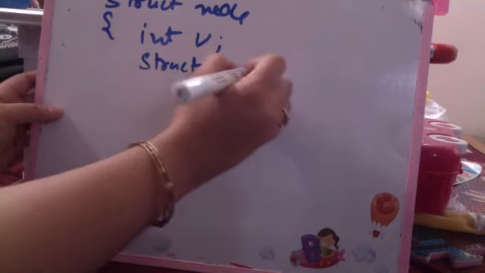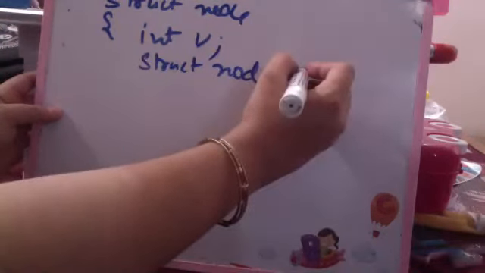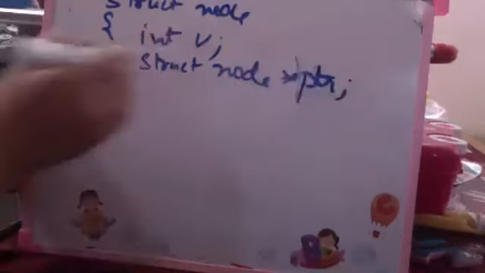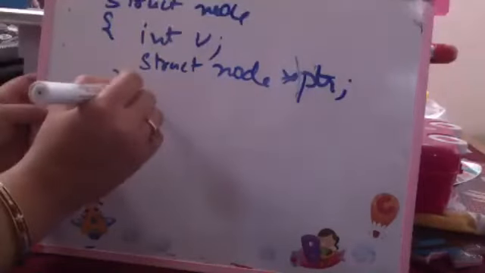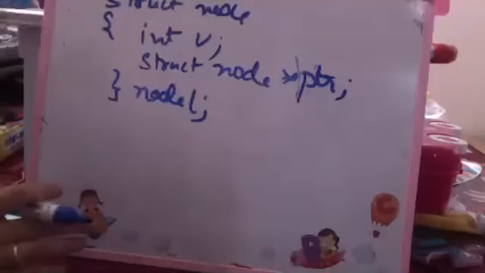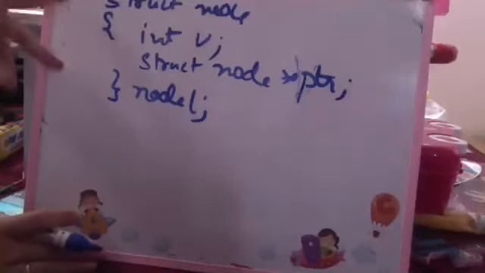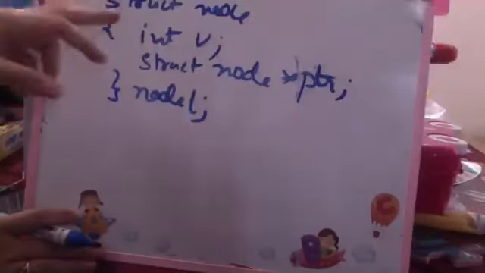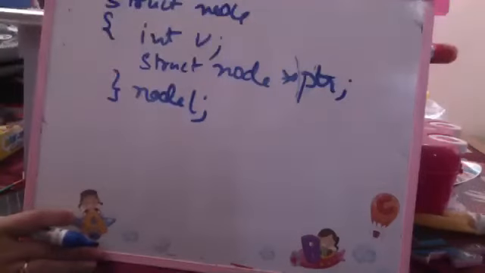So if I'm defining a node, I define struct node. I'm creating an integer, say v for node or vertex, and a self-referential pointer, a pointer to say link, whatever you want to name it, this is your node 1, node 2, whatever you want to create. The structure of the basic node that we created is this: information. If it is a weighted graph, add weight as well, otherwise a pointer and an information. Is this clear?